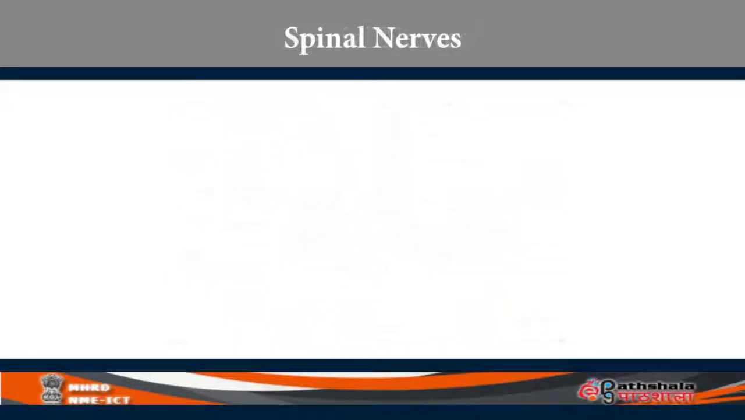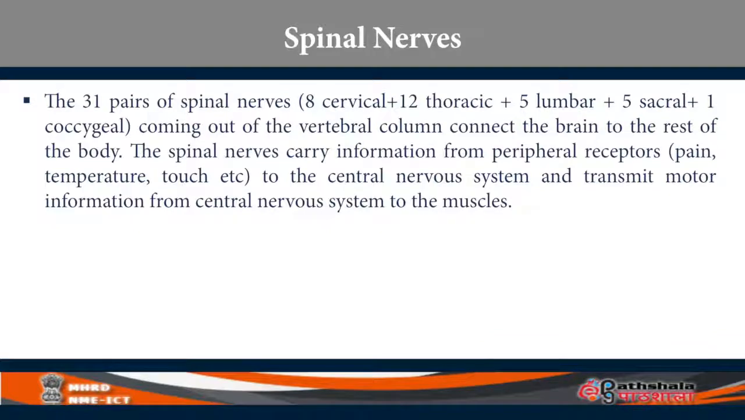Let's move on to spinal nerves. There are 31 pairs of spinal nerves. There are 8 cervical, right, just where the brain stops at your neck area, you have 8 cervical, and then after the cervical vertebrae are over, you have 12 thoracic, 5 lumbar, 5 sacral and 1 coccygeal, the last one. Coming out of the vertebral column on your back, these spinal nerves connect the brain to the